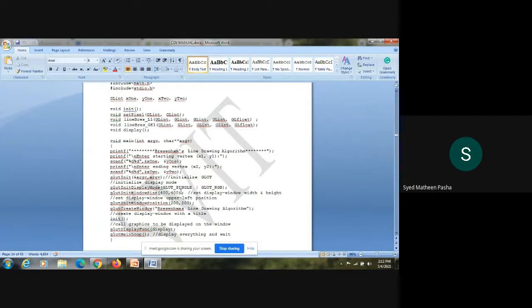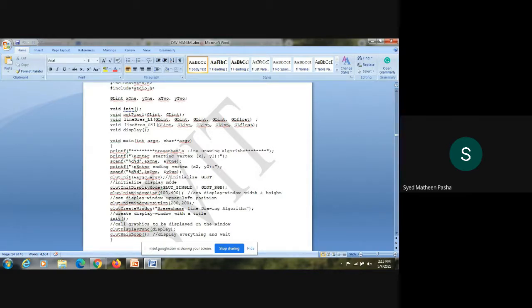What is the mode of the window? glutInitDisplayMode. Here in the mode, as I have explained in the previous program, basically you have two parameters. This parameter basically tells what the display mode is, how many displays you want.